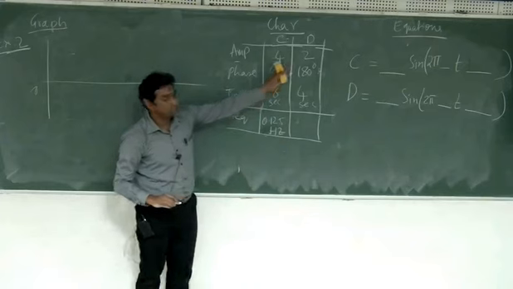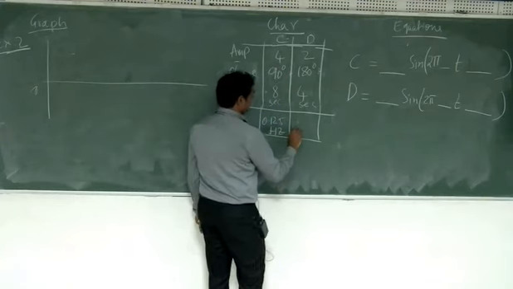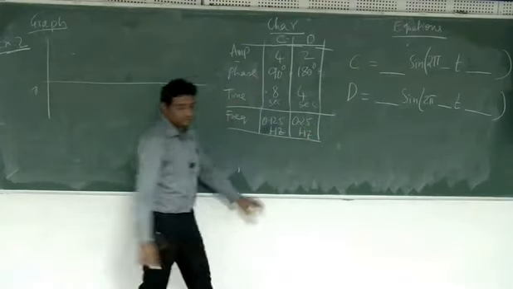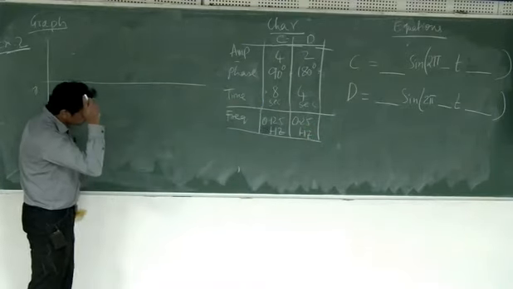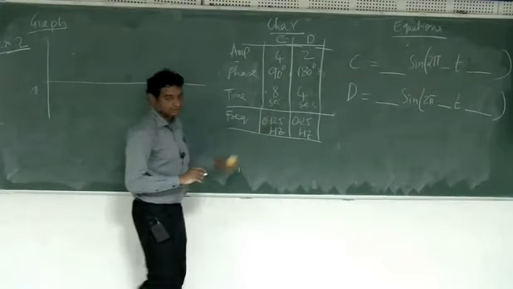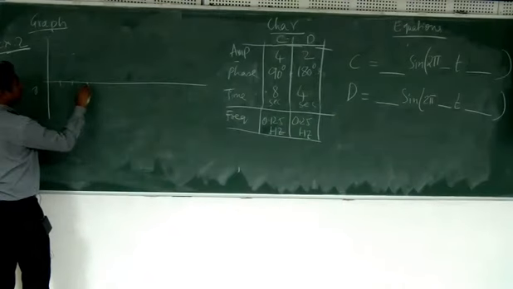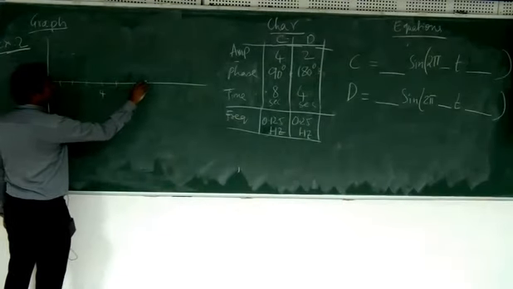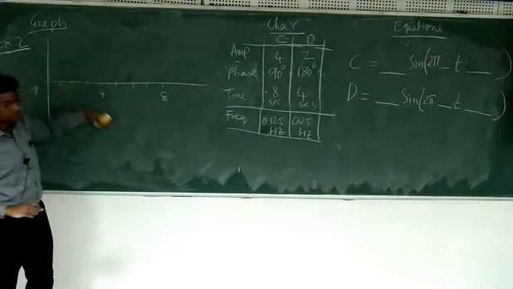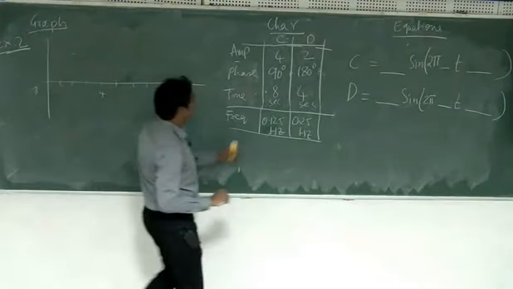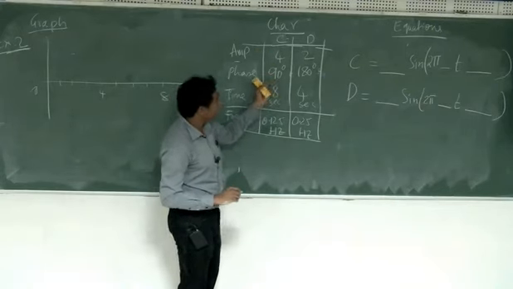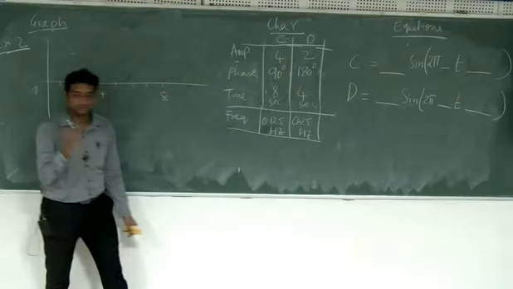What is the frequency of D? 1/4, that is 0.25 hertz. Okay, that's about frequency. Now since it is 8 seconds, I can say 1, 2, 3, 4, 5, 6, 7, 8. So this total 8 seconds should have one plus and one minus. Okay, that is for this C. And the phase is 90 degrees. So 90 degrees will be 2 seconds.